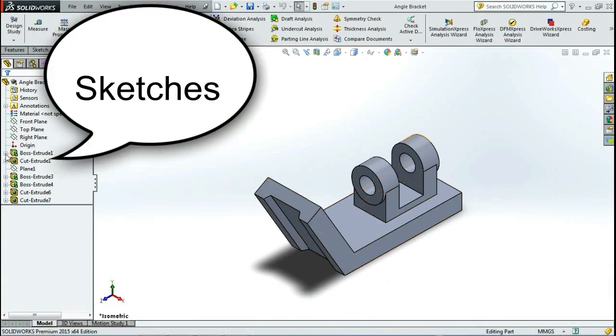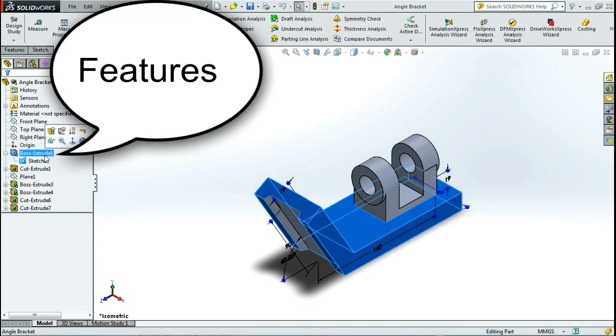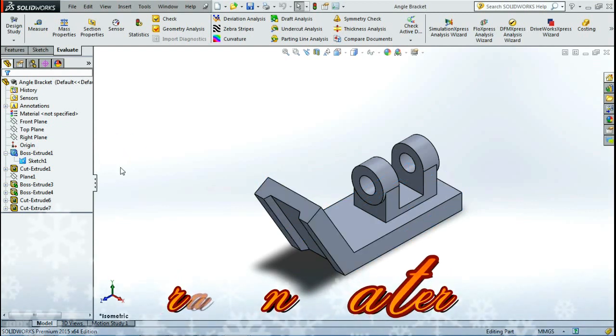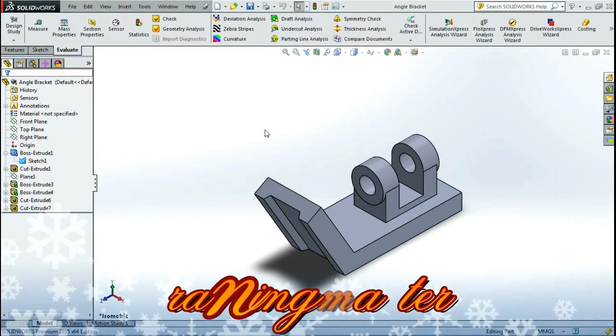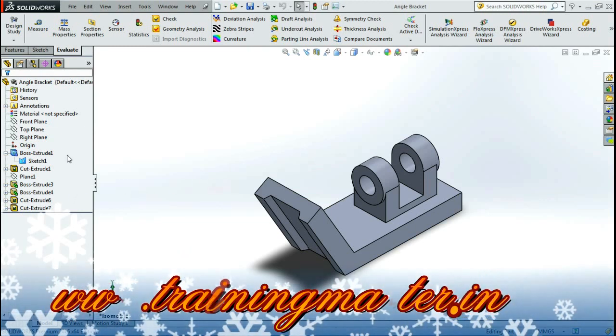This consists of sketches and features. If you recall, SolidWorks is a parametric, feature-based modeler. That means we can go back to this design tree in the part environment, the assembly environment, or the drawing environment and make changes, and those changes will be reflected in the other environments.